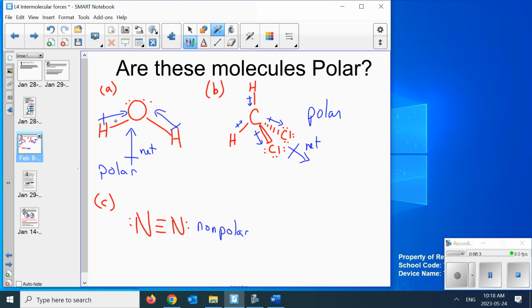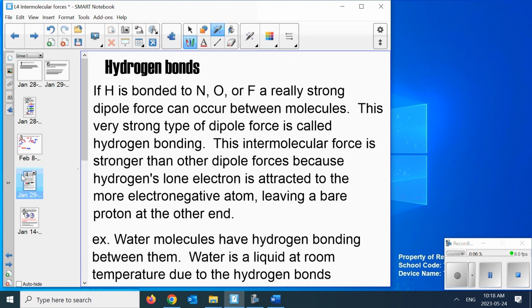And we're going to actually see that it's a little more than most polar molecules, or polar bonds. And we're going to have something, hydrogen bonding. Water's the best example. Back to this: if hydrogen's bonded to nitrogen, oxygen, or fluorine atoms, a really strong dipole force can occur between these molecules. This very strong type of dipole force is called hydrogen bond. So, first off, this only happens when you have HN, HO, or HF bonds. Anything else is just polar bonds, but it's strong enough in those three scenarios that we give it a special name,